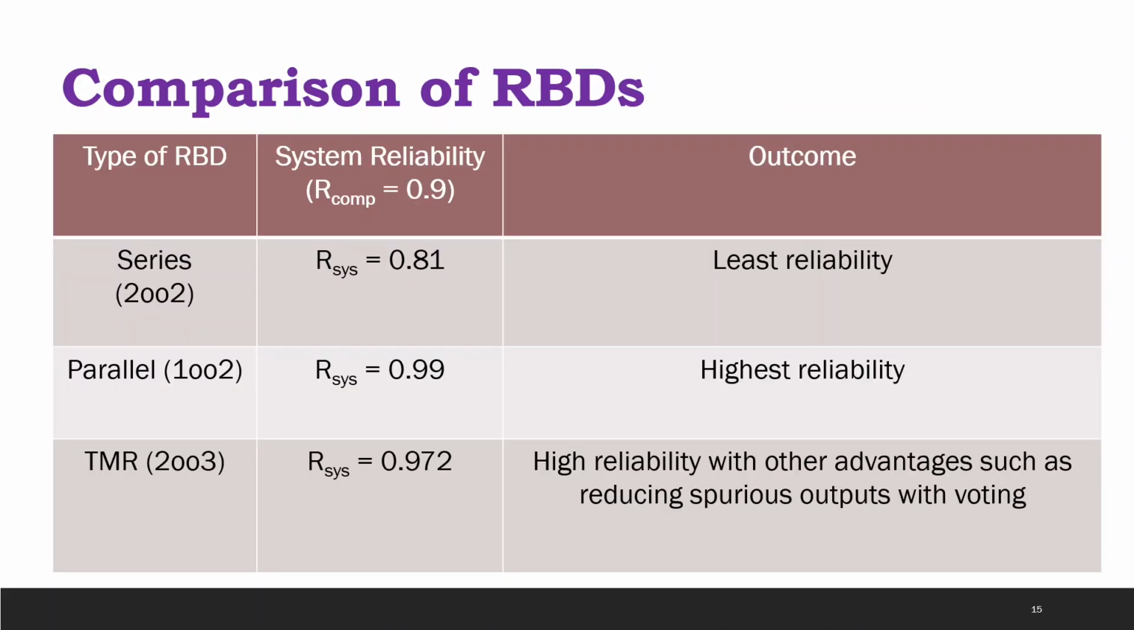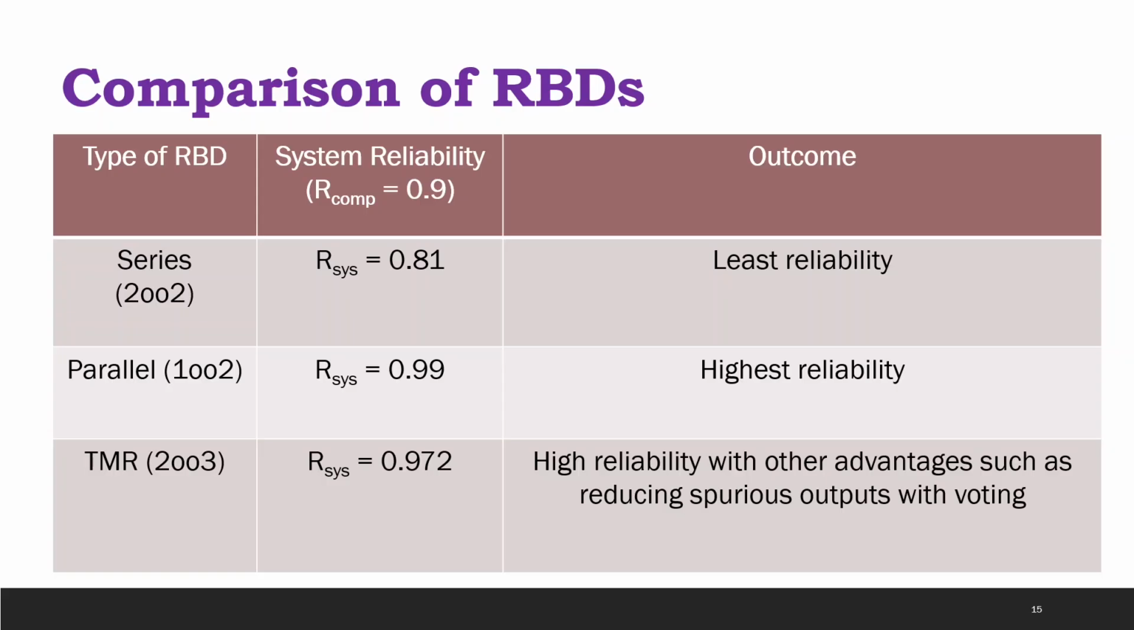Finally, a comparison of the RBDs we discussed so far. In this series RBD, we can also call it 2 out of 2 if there are two components in it. The system reliability comes out to be 0.81, which is nothing but the product of the two component reliabilities. For the parallel configuration or 1 out of 2 configuration, the system reliability is better, that is 0.99. And finally, for the TMR or the 2 out of 3 configuration, the system reliability comes out to be